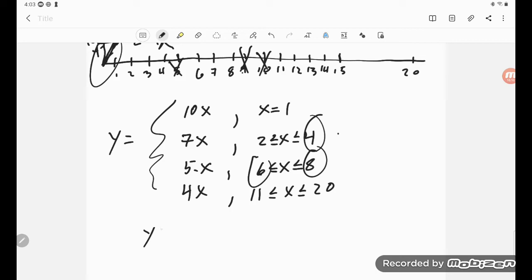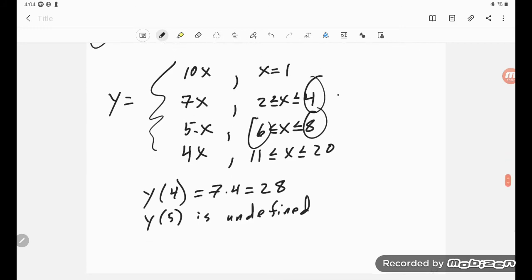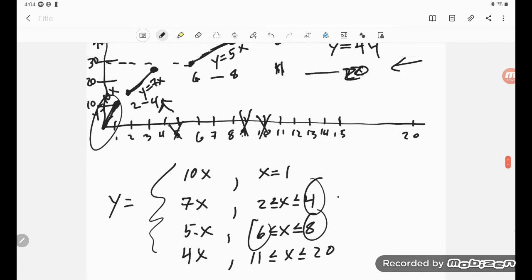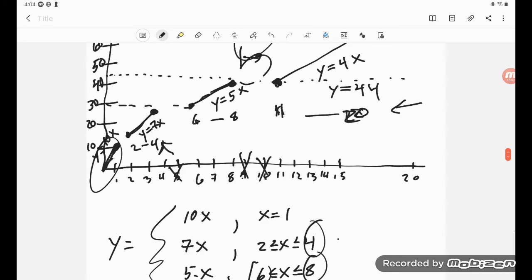Right? So here, you know, I would see y of 4 is equal to 7 times 4, or 28. I would see that y of 5 is undefined. Okay, so I wouldn't do that. And so I just go up to the next item, y of 6 is equal to 5 times 6, which is 30. And I pay $30. Now, I worked from left